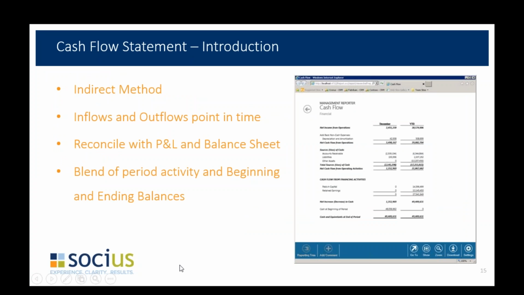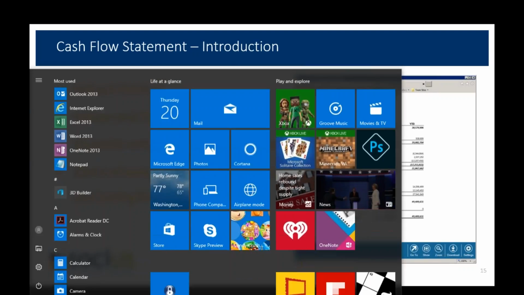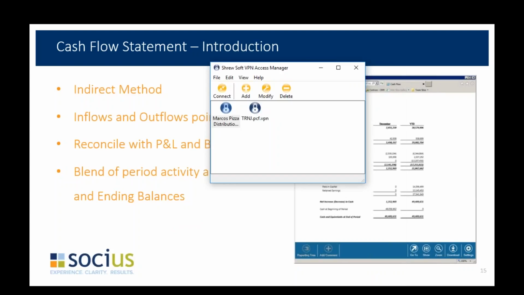And the last thing that I want to make sure everybody's aware of is you can do a cash flow statement in Management Reporter. We typically do the indirect method. You can show the inflows and the outflows. You can reconcile it with your income statement, your balance sheet, and you can include period activity for the beginning and ending periods. So what I'm going to do real quick is show you